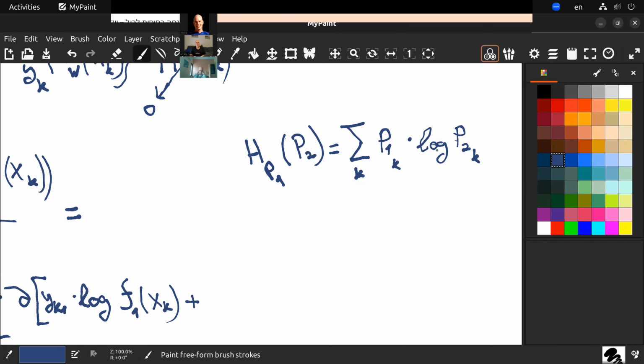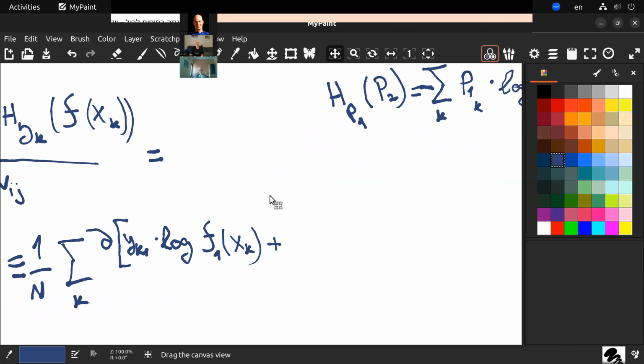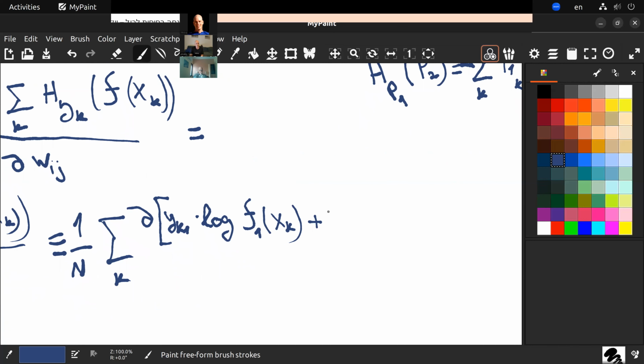That's the definition of cross entropy. There is a minus before. Right, thank you. Okay, that's the definition of cross entropy, and I just applied it here to our